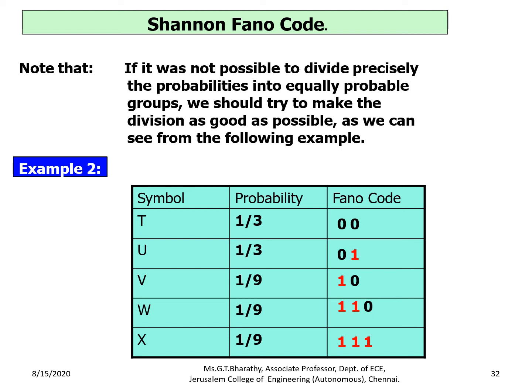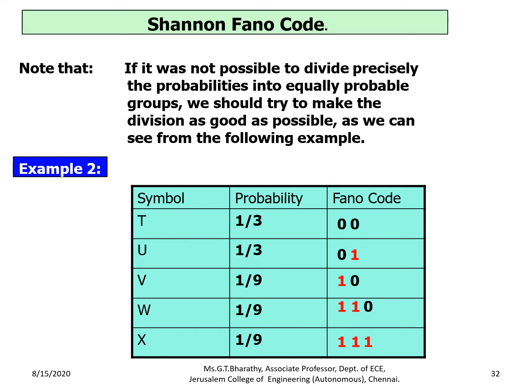Now in this example, we have symbols T, U, V, W and X available with the probabilities 1/3, 1/3, 1/9, 1/9 and 1/9. In this case, we are not able to split this probability into two equal halves, right? So for the first part, I have split at this portion, where I have combined 1/3 and 1/3 as one group, and 1/9, 1/9 and 1/9 as another group. For the top portion I have given 0, 0, and for the bottom three symbols I have given the value 1, 1 and 1. That completes my first step.